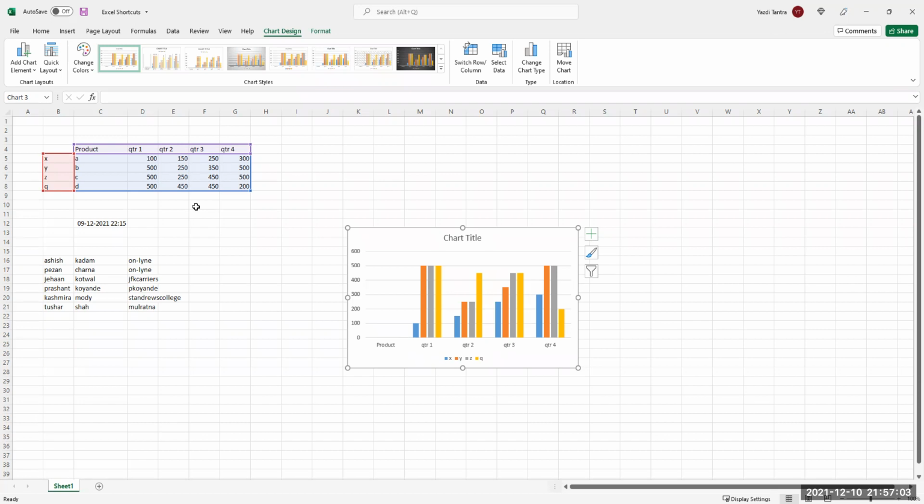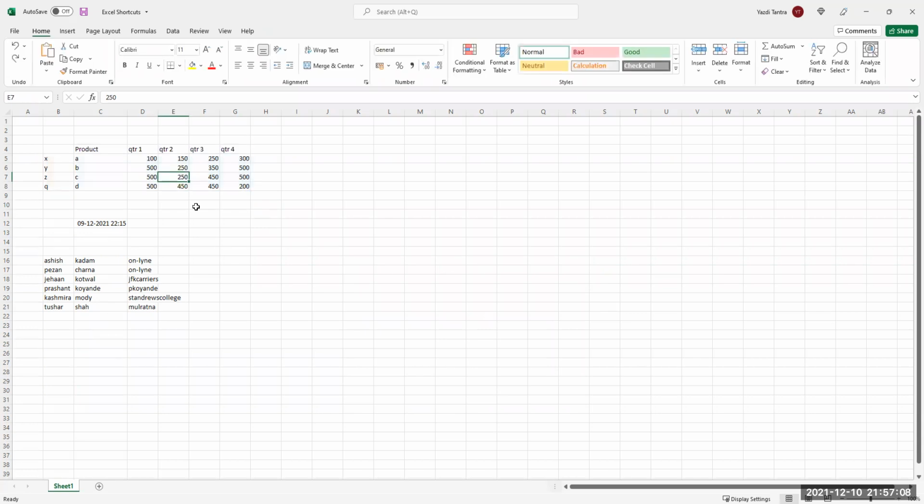Did you get this? Is it easy? So it decided itself what kind of graph was going to come up. This is the default chart. It comes with a default chart. Then, of course, if you want fancy stuff, then you go to your charts and then you do all sorts of things. This is the default chart. So quickly you want to do something within a table, you want a default chart, you can say Alt F1.